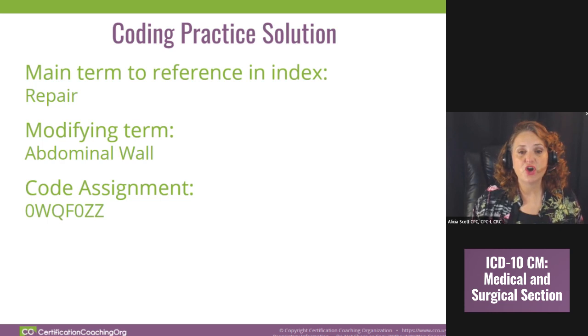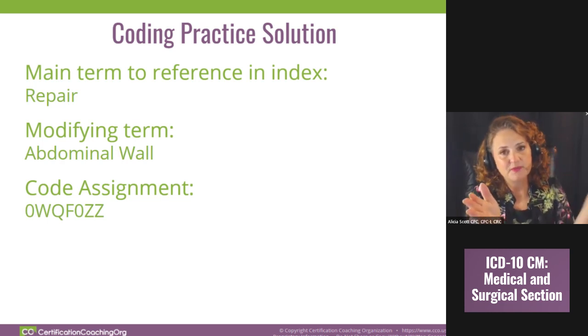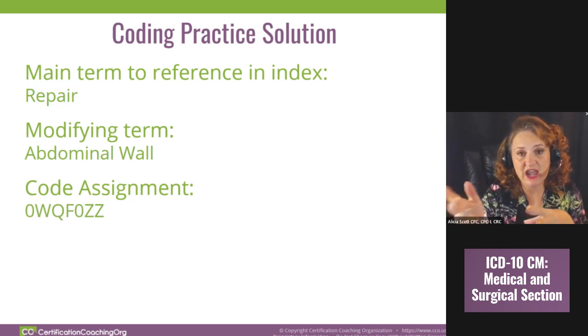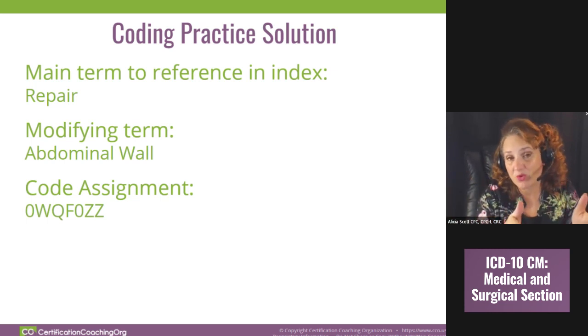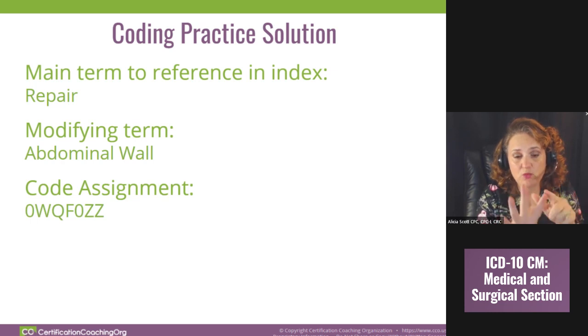And so the code that will end up breaking down, and this is not like CPT. You don't just go to the tabular and it tells you. You've got a lot more work to do than what we're saying here. So if you look in the index, you're going to look up repair. What are we repairing? The abdominal wall. And then it gives you a breakdown of where you're probably going to be, 0WQF0ZZ. However,